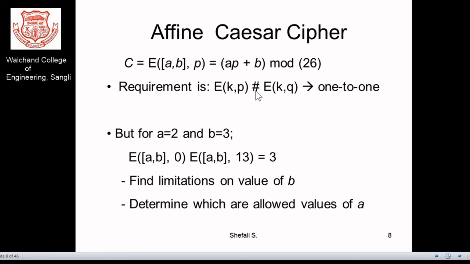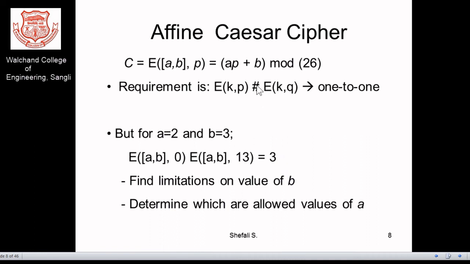We want the collision-free function. Right now we can consider E as the encryption function. Obviously we can go on increasing the complexity of this mathematical function. For this Caesar it's a simple one, but we want that this should not result in a single value. Now you can find out this is a single value. That means you are observing some collision here, and we don't want any collision in the particular result.